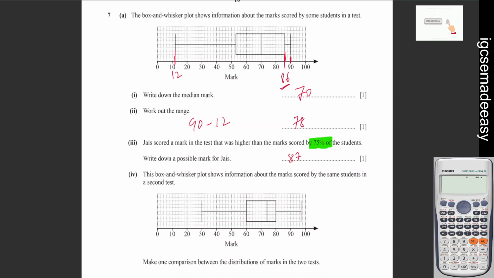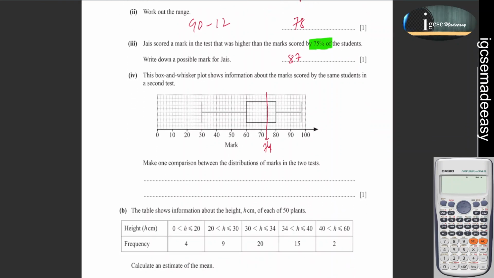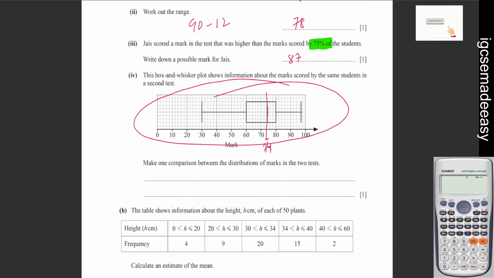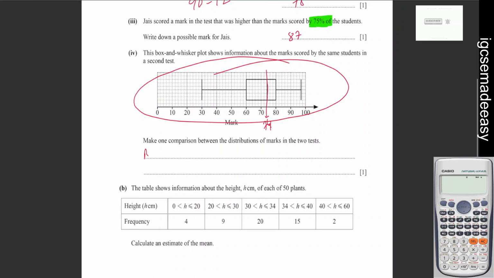So basically we can do the comparison of the median. That will be the easiest way to do. So this median is 70, right? And here the median is 70 to 74. So by comparing the median, we can understand that in the second test, the students performed well, right? If you compare the median,